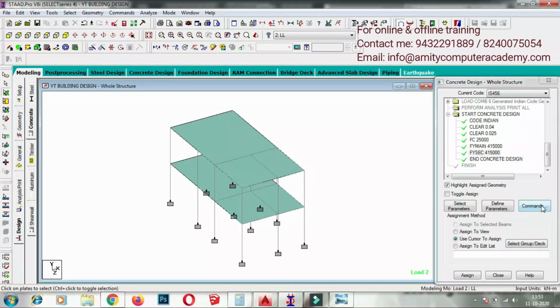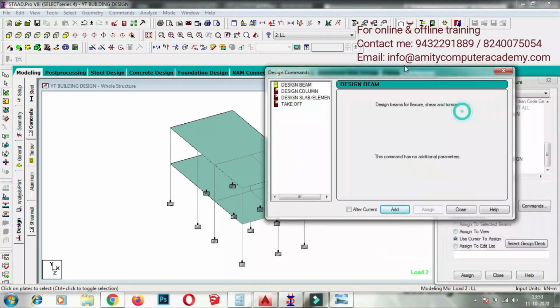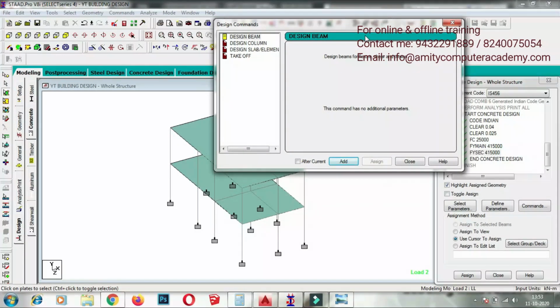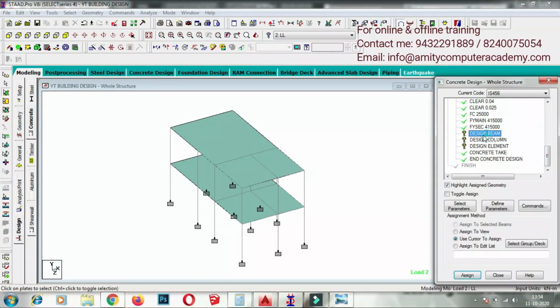Now you need to go to the command. You need to give a command to STAAD.Pro for what things you want to design. So go to design beam, add, similarly design column, add, design slab, add, and also take off, add. So design beam is for beam.